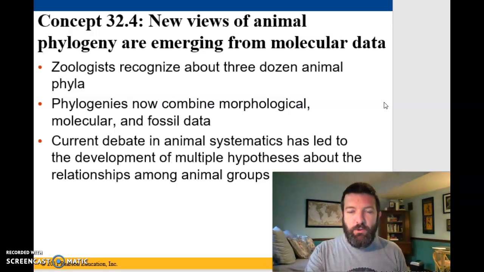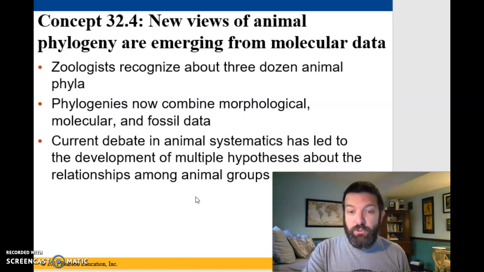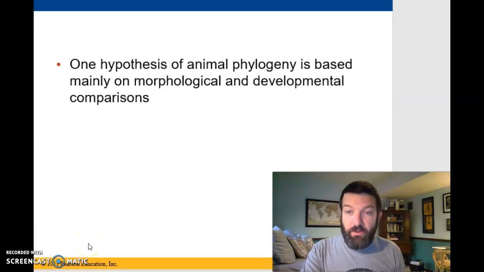areas. And so every time a scientist puts forth a phylogeny, it's a hypothesis of what the history of the evolution of these organisms looked like. And so there are still current debates in animal systematics, which is the study of how you group these organisms into a phylogeny, about how they should be placed. Now, one hypothesis is a little bit more old school because it's based mainly on morphological and developmental characteristics, and these are things that we've had the technology to look at for a long time, and it looks something like